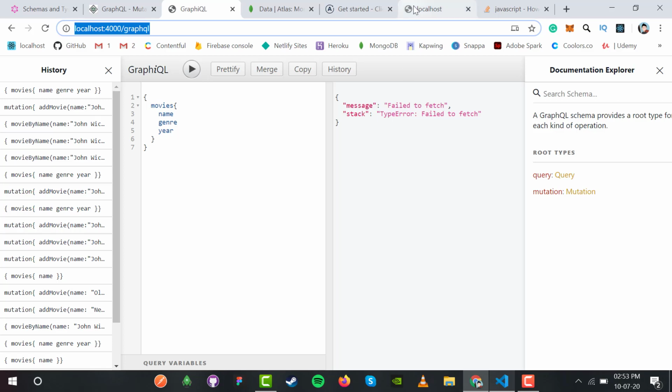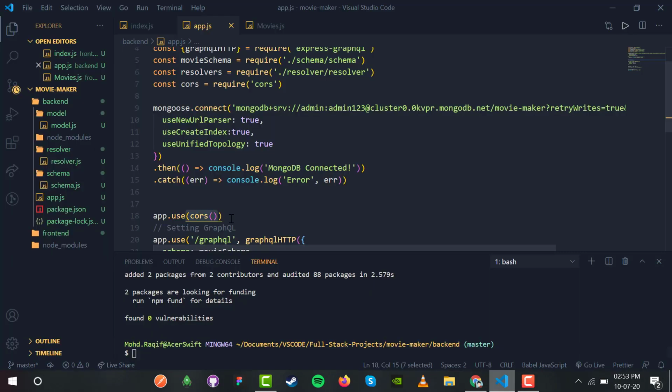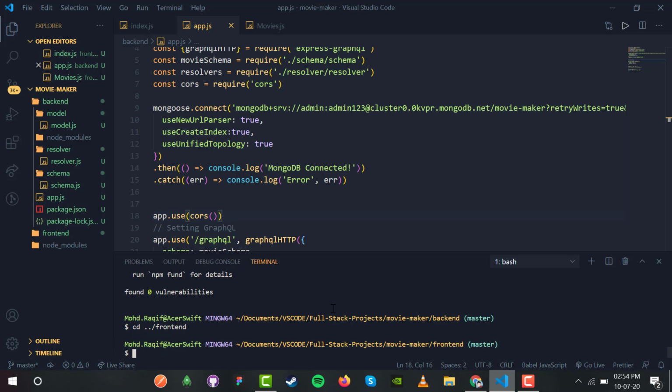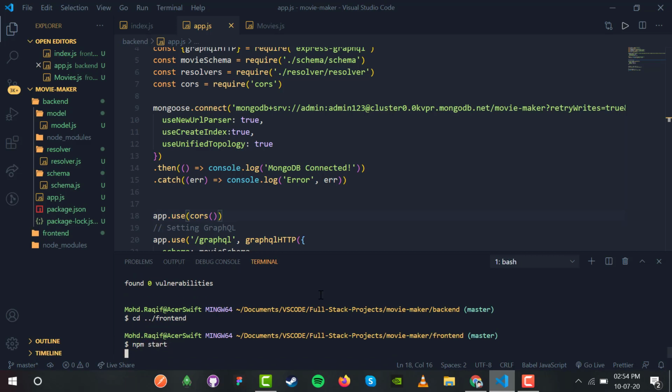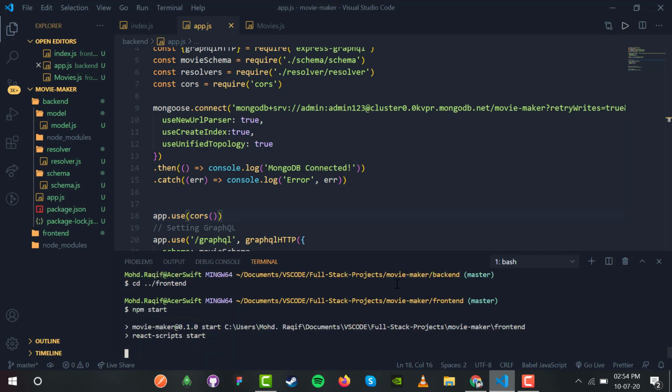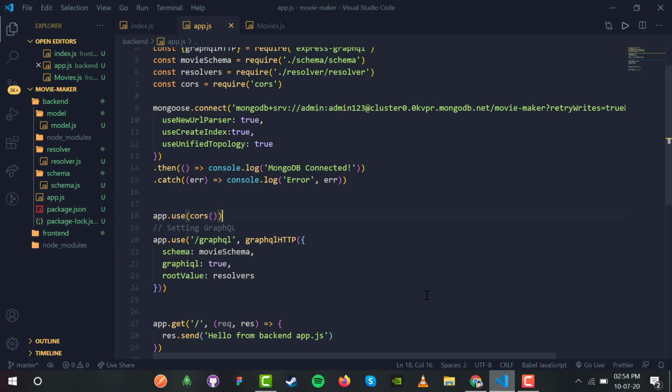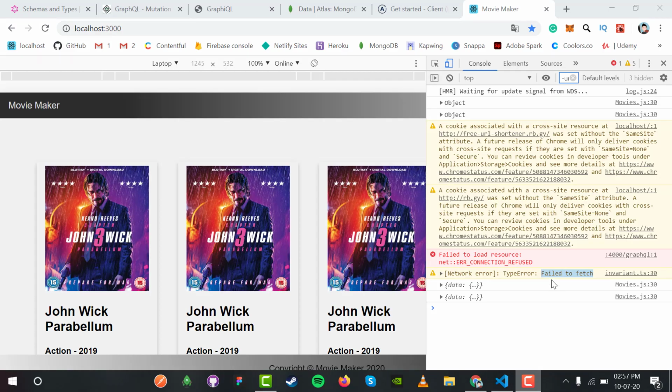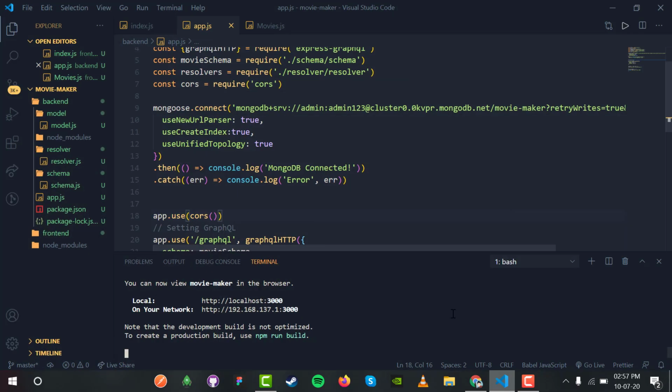Okay, so now let us switch back to the front end application. cd frontend. Okay, so now npm start. Okay, so now it's loading again. Okay, so now we have seen failed to fetch again.